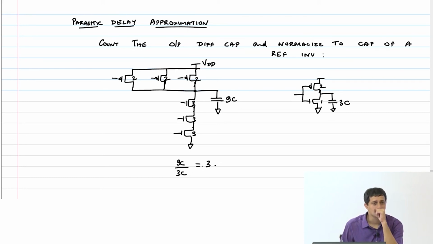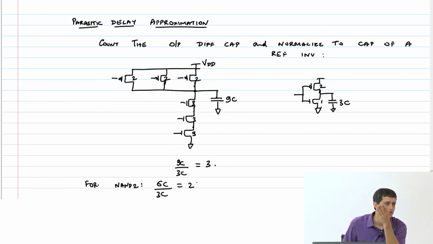What will it be for an AND 2? 2, right? So you will get 6C by 3C equals 2. So we are not considering that case where the propagation delay had that 7 RC. We are saying effectively it is just 6 RC. Okay,